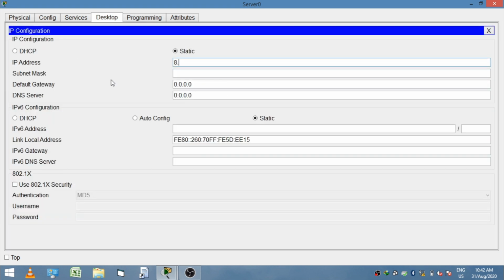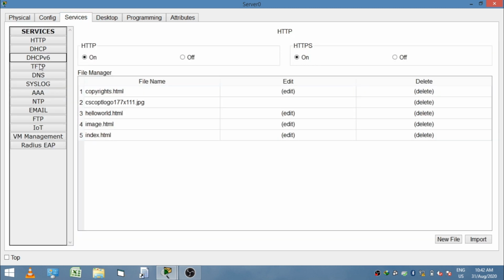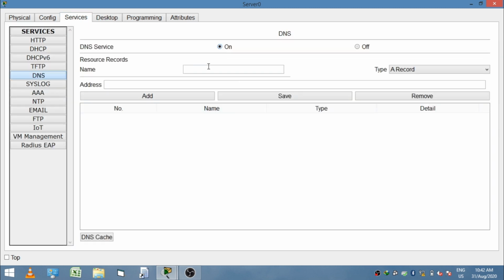And after checking all the parameters of the WLC, then go to the server and click on the desktop tab and give the IP address 8.8.8.8, subnet mask 255.0.0.0, default gateway 8.8.8.9 and DNS server. As the server is the DNS server, give the IP of the server which acts as the DNS server.